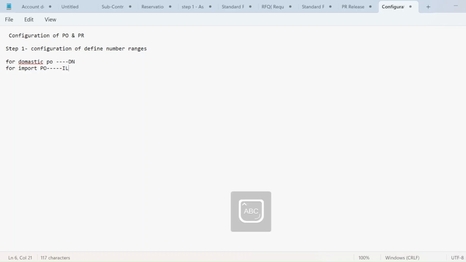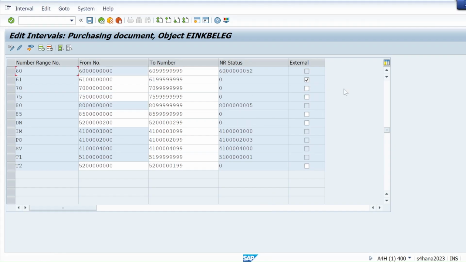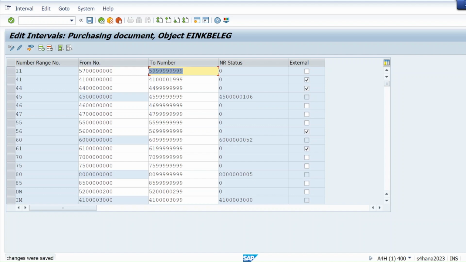Let me take one number range for import procurement also. So here it is IN, and for the number range let me take 300 to 399. Hit enter and save it.